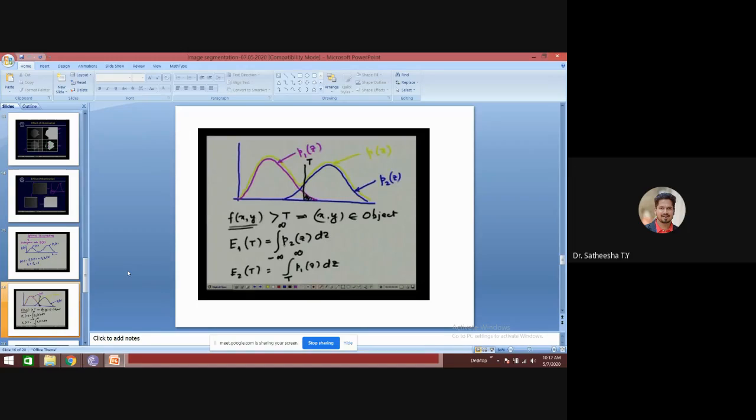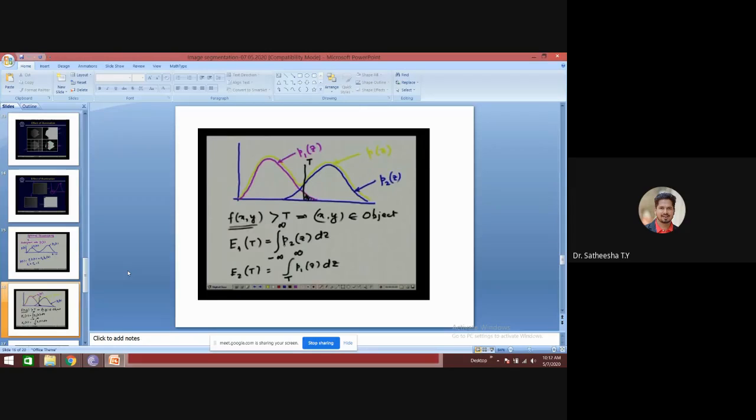So we can write E1 of T equals the integration from minus infinity to T of P2 of Z dZ. So what is this? This is the probability of the error that an object pixel may be classified as a background pixel.